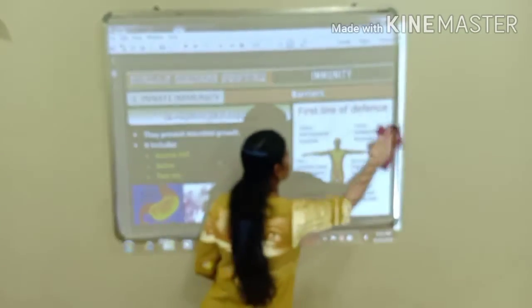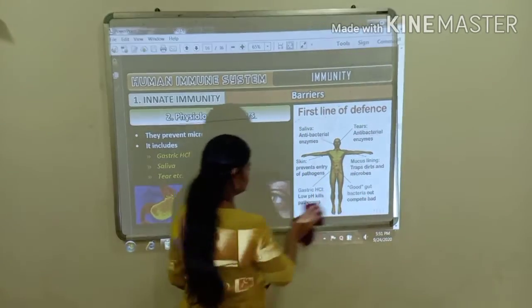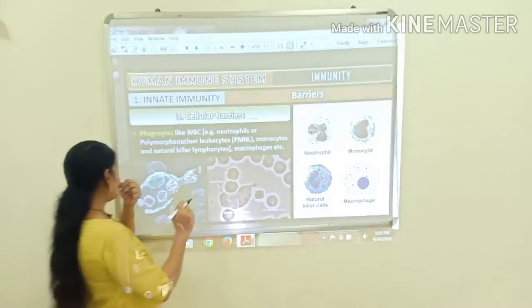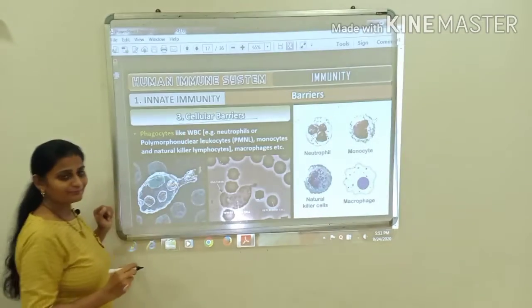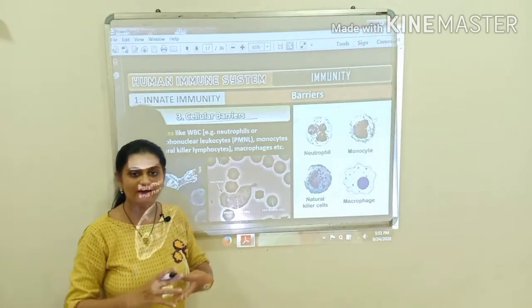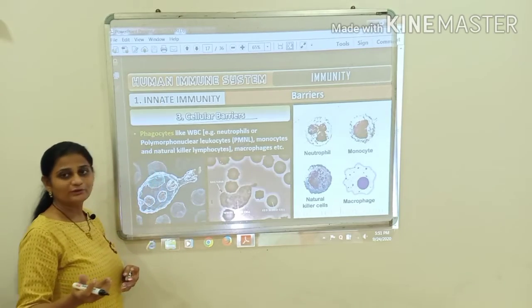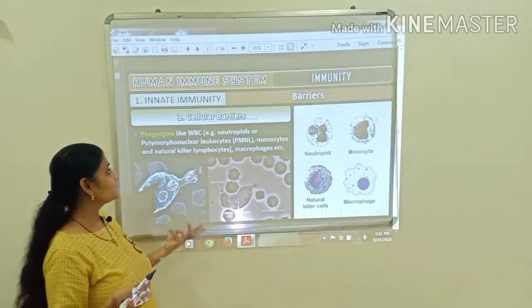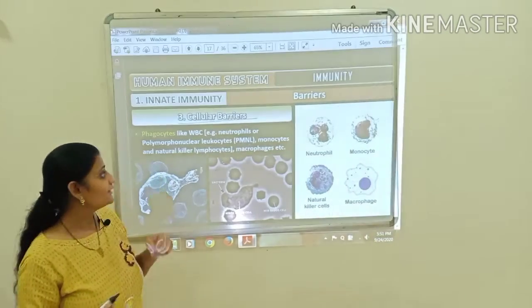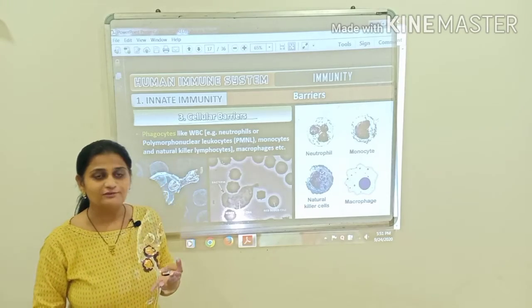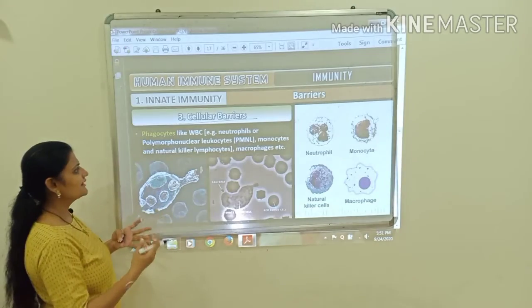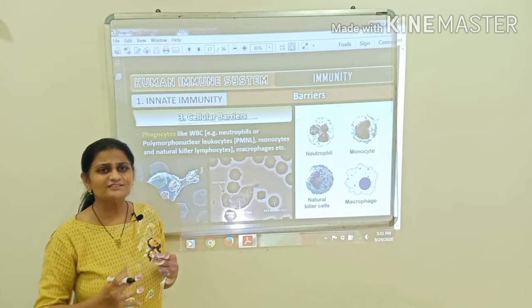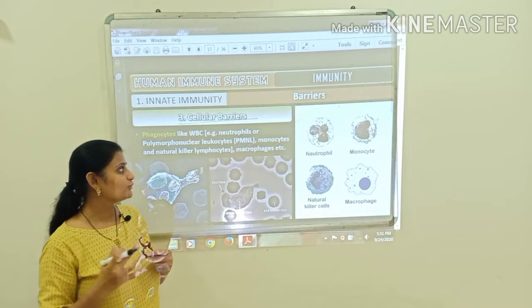Now we will start with the third type of innate immunity barrier, that is the cellular barrier. Cellular means cells in our body that provide the immunity, right? Now there are different types of leukocytes, phagocytes, like WBCs, like neutrophils, eosinophils, then monocytes, then lymphocytes. All these are the cells which kill the microbes, which don't allow the pathogens to enter